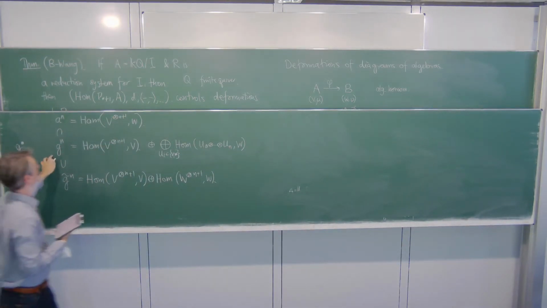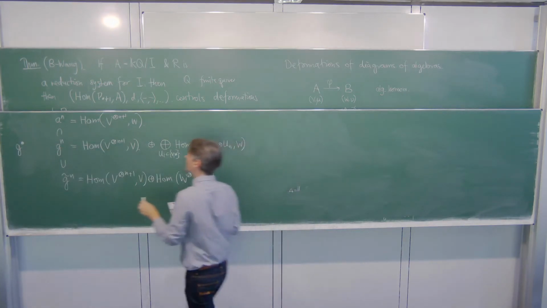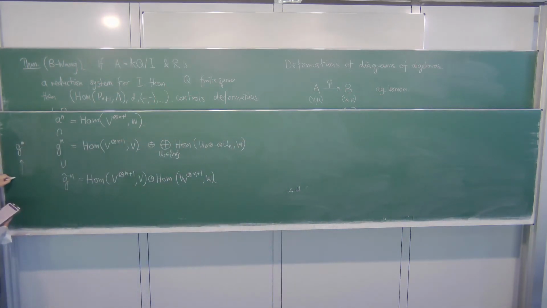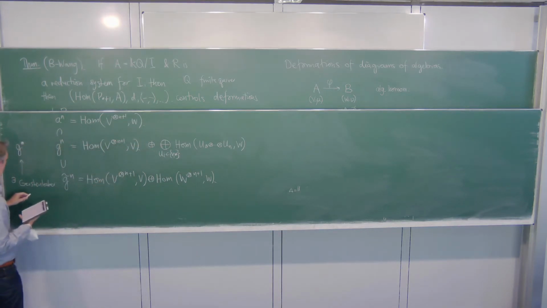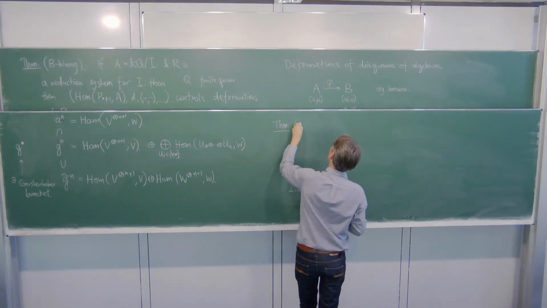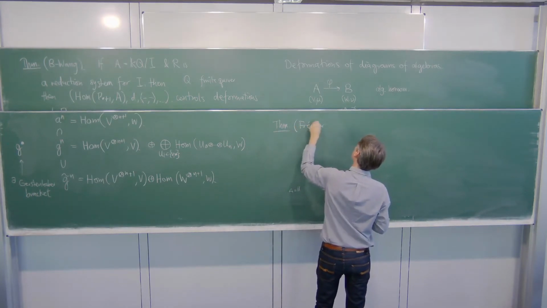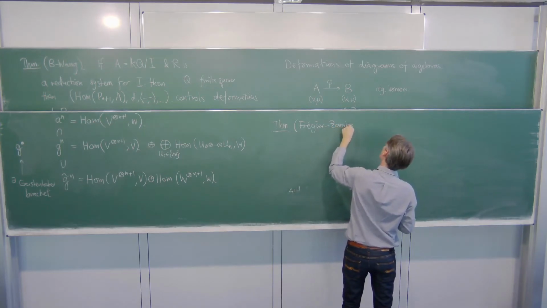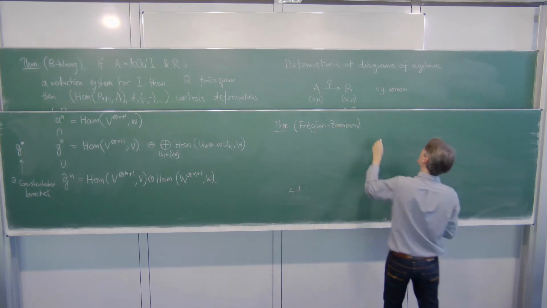And then the point is on this big one here, on G, there exists something like a Gerstenhaber bracket. It's essentially exactly the same Gerstenhaber bracket, just that you take care of what the inputs are and what the outputs are. And then the theorem by G which says that